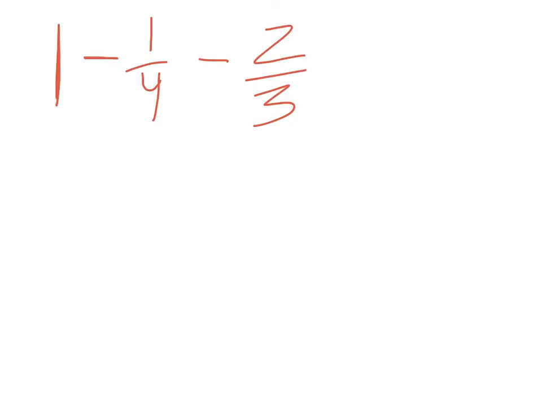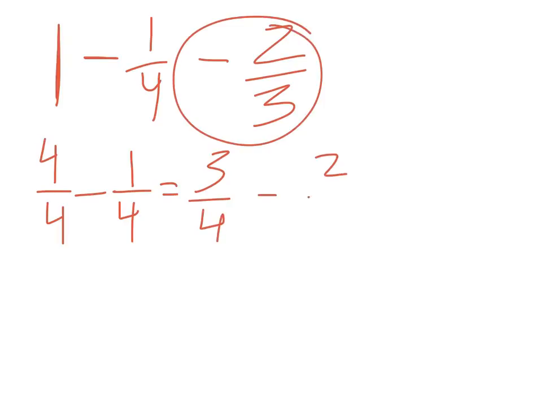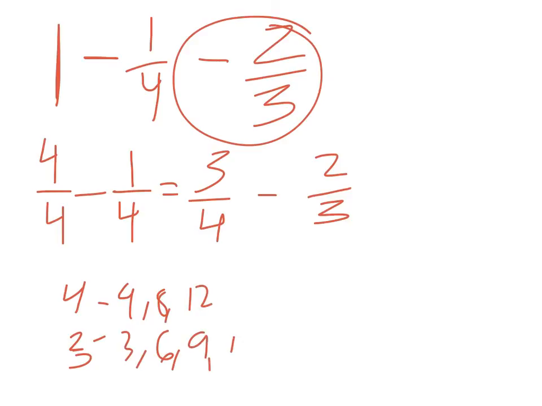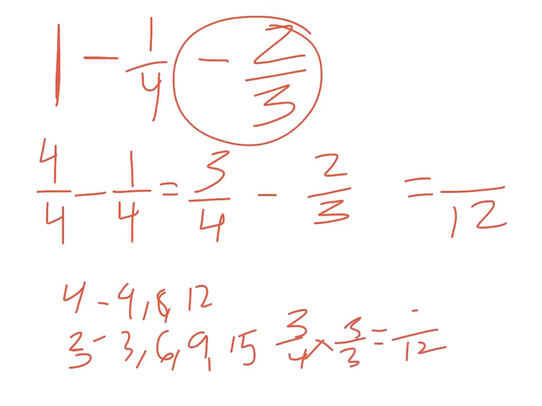So what I mean by that is you could turn the 1 into 4 over 4 minus 1 over 4, which gives us 3/4. And then you would subtract this, so minus 2/3. So then we would do the same process for a 12, 3, 6, 9, 12, which would make this over 12. So 3/4 times something equals something over 12. 3, 3. So 9 twelfths minus